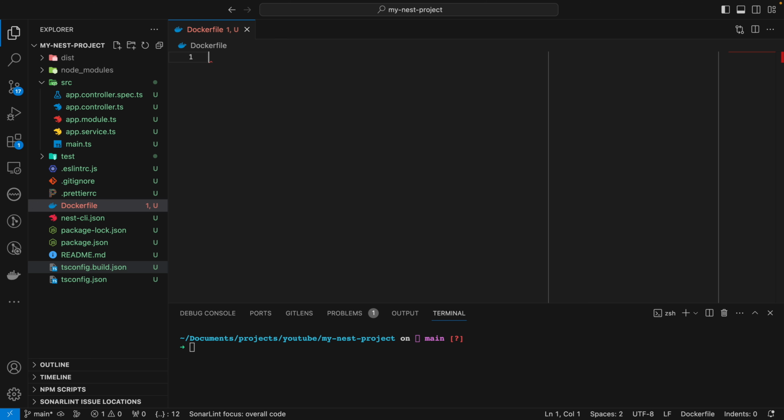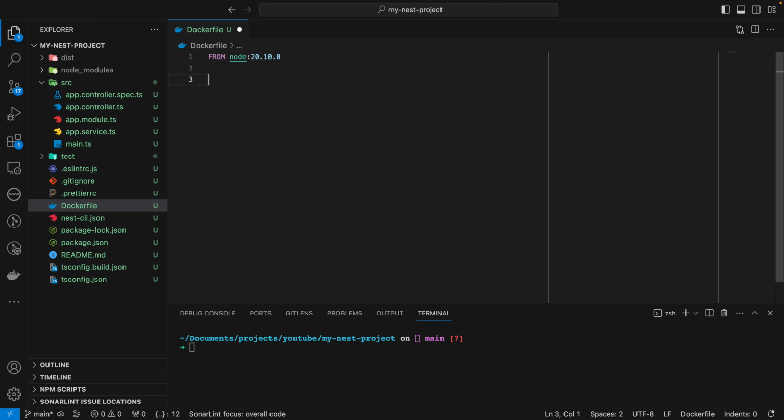The first step you need to do is write the first instruction. This line here tells Docker, hey, we need a node image version 20.0 to create our custom image. But why is this necessary? Because Docker needs to use an existing image to create a new one. So Docker will pull this node image from Docker Hub and we can customize it.